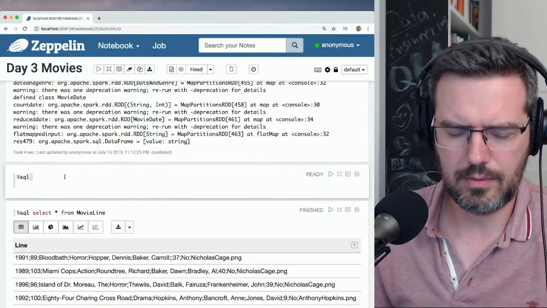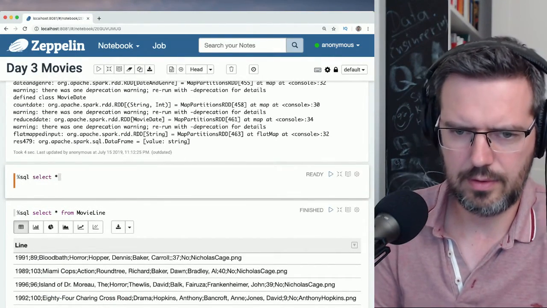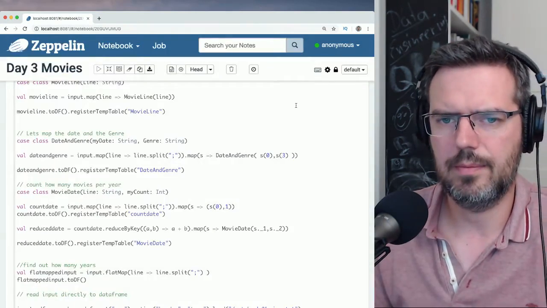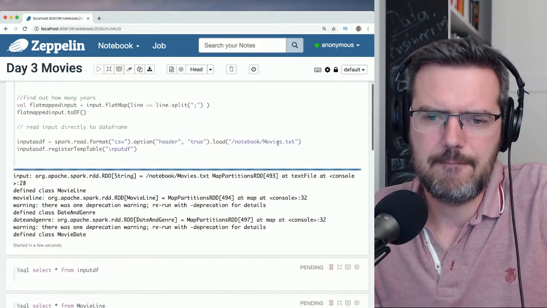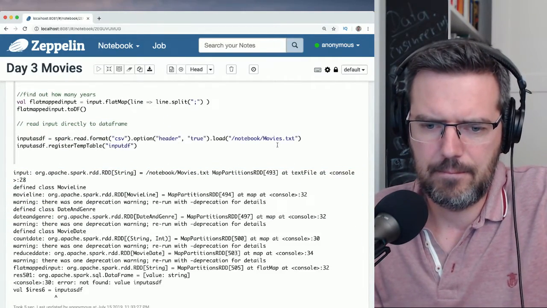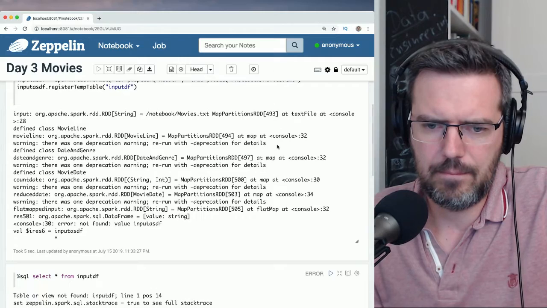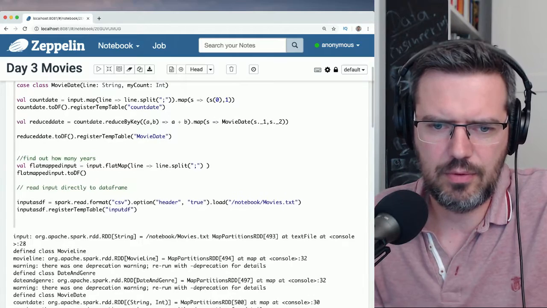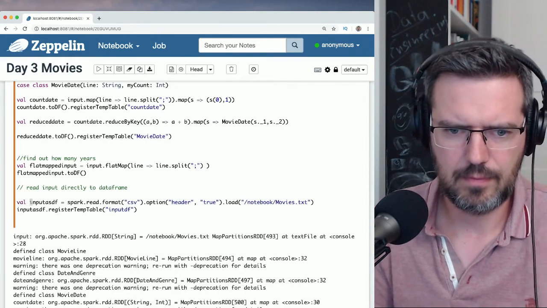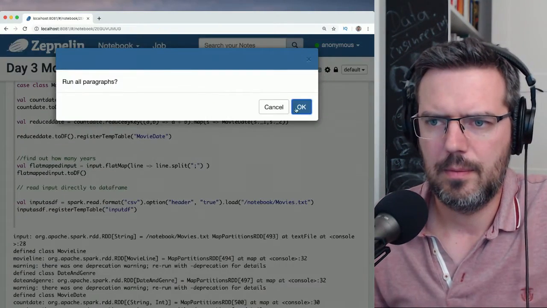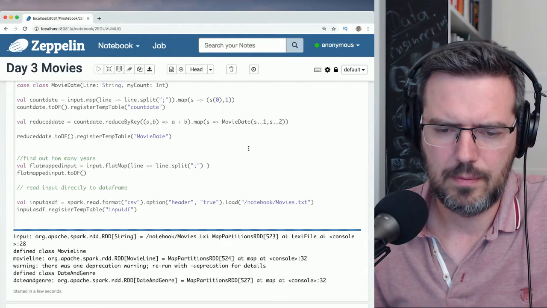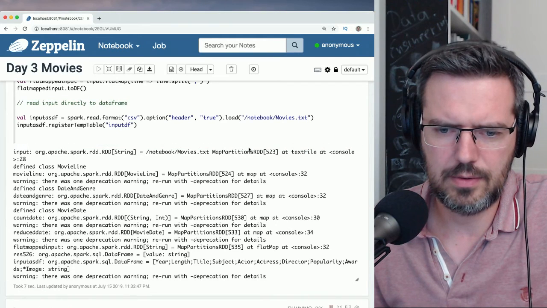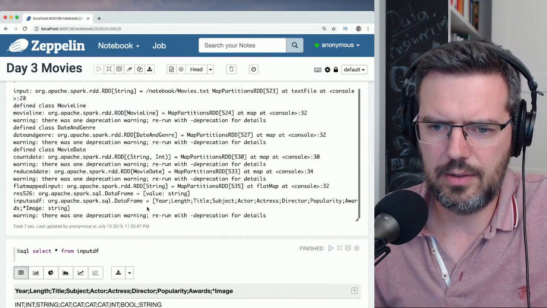And then let's see, SQL select star from input df. Okay, let's run everything quickly. Did I put val before it? No. Okay, it's running.